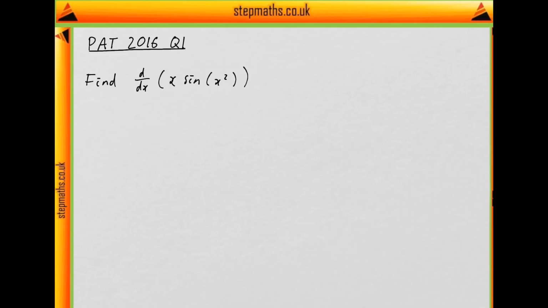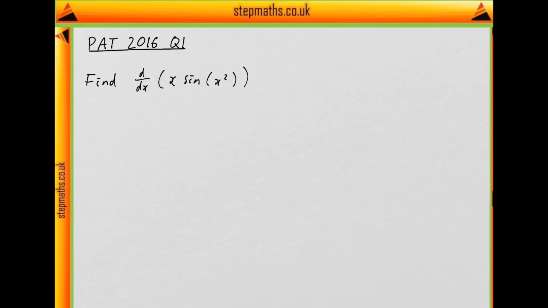Okay, so one thing to note before we do any working out is, in the original paper, this is written as sine x with a little 2 up here, and there aren't any brackets. So how do we know that it's sine of x squared, as opposed to sine of x all squared? Well, when we do sine of x and then square it, we put the 2 here instead, and we pronounce that sine squared x. This is instead sine of x squared, so we're taking x, squaring it, and then doing sine of that. Okay, so with that in mind,